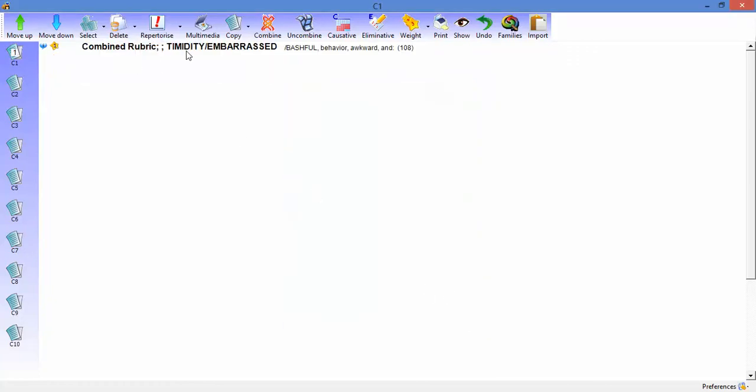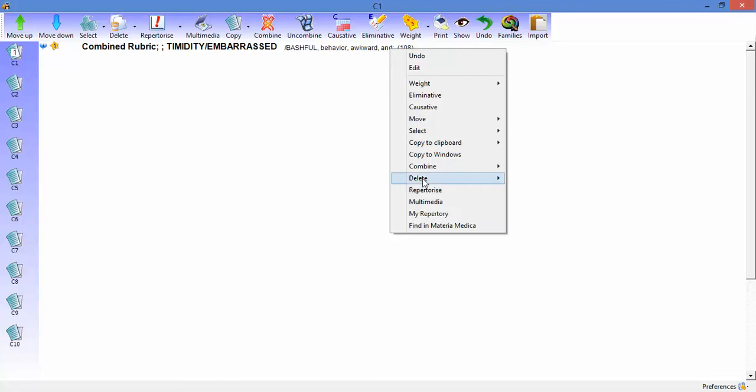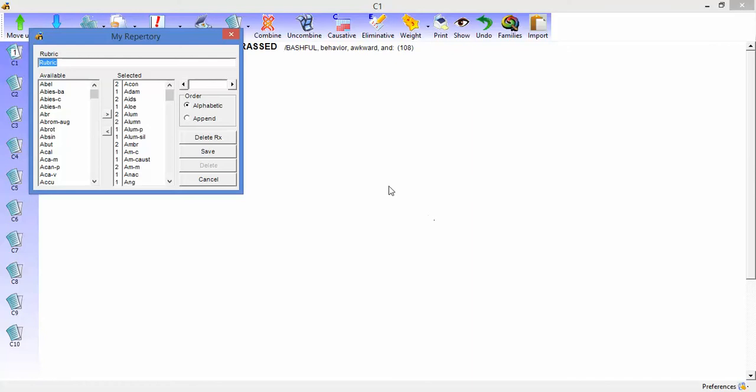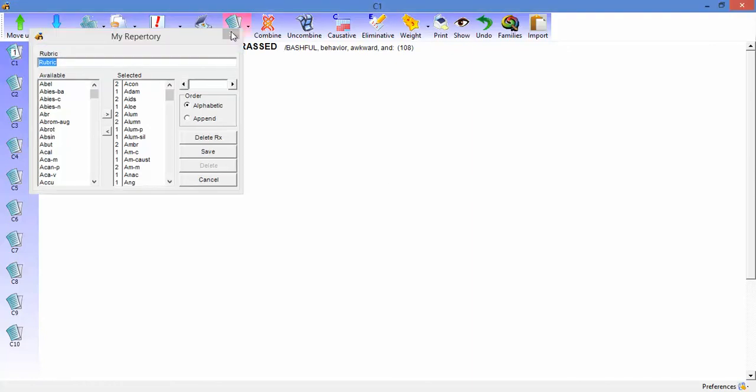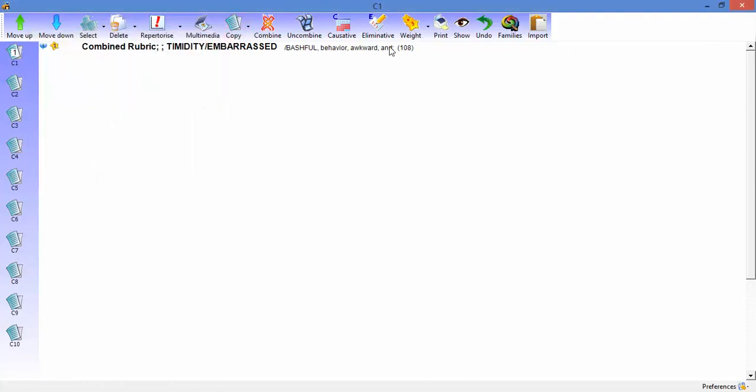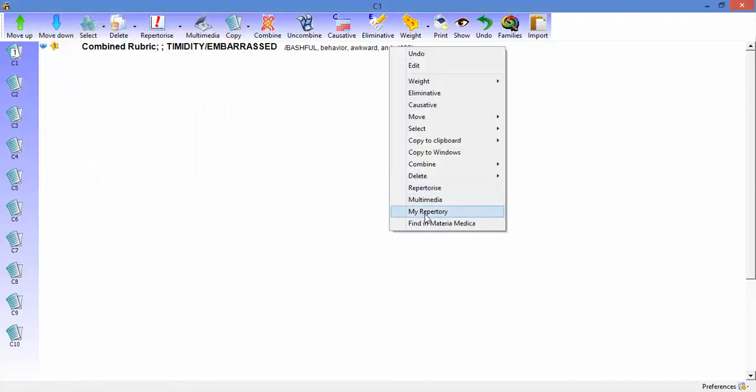So we've now got a super rubric made up of the 3 rubrics we just looked at, and you can use this in your repertorization. Now if this is something you want to use ongoingly, you can save it in My Repertory. So here I'm going to go to My Repertory by right clicking on the rubric. Let's do that again. So right click on the rubric, My Repertory,